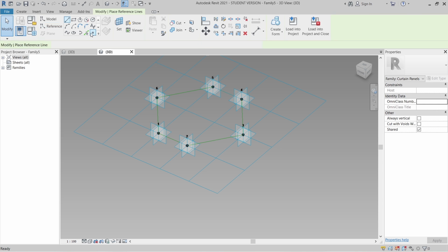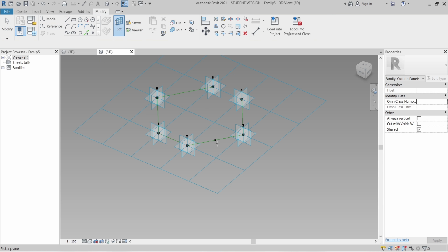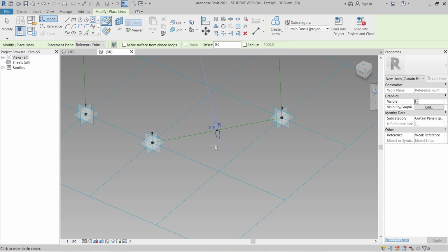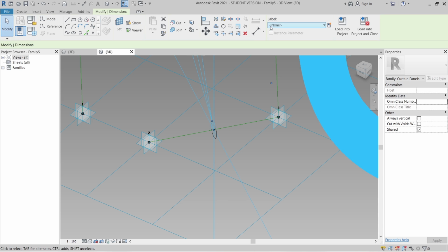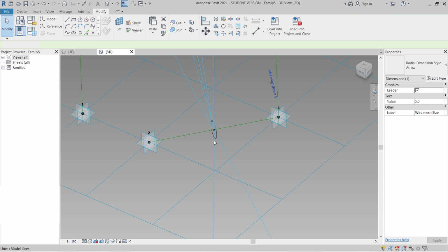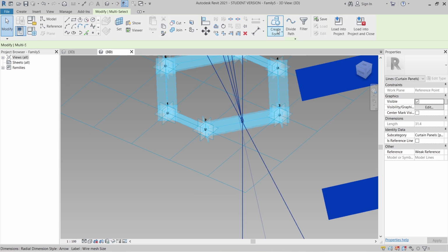Go to reference and point. Place another point to create our structure same as before. Set a plane, set for vertical, start for rectangle, for circle, and start here. And of course I will assign for, okay, I select line here. For parameter as well, create new and make this for wire mesh side. Yep. And I can select my circle here, zoom in a bit, select my reference for hexagon, create form,